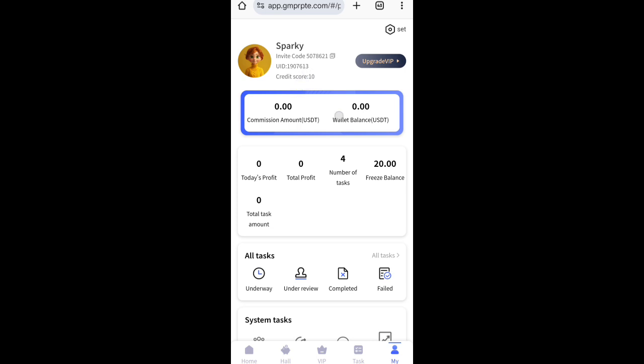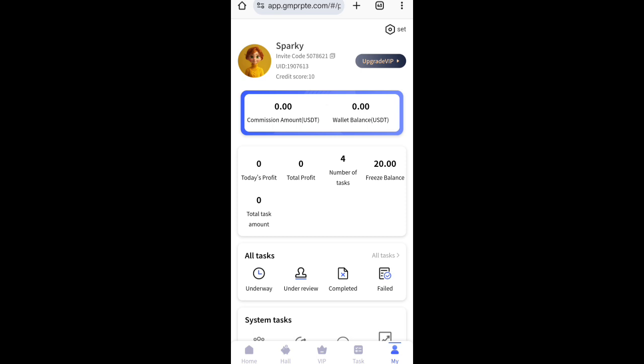Then this place here, balance. You need to have 200 balance here, a minimum of 200 balance from the task you are doing. This is the requirement for withdrawal. Take note, the requirement for withdrawal is what I am explaining now. So every day you do tasks. Once you have 200 USDT here, $200 here, you know that your requirement number 1 has been completed.